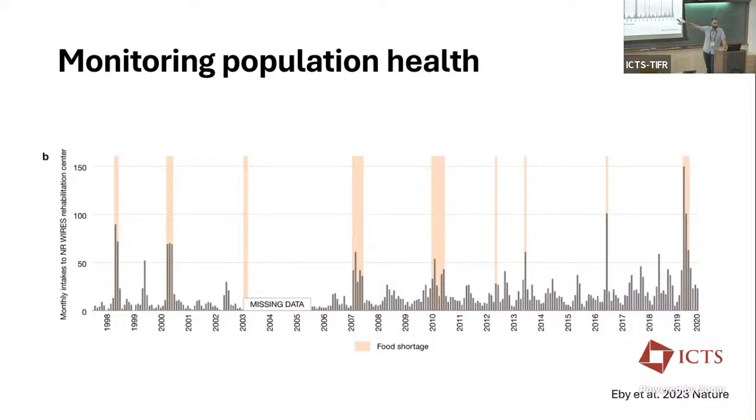In this system, one of the things that they see as a good monitor of stress on a population level is how many bats show up at rehabilitation clinics. They have wildlife rehabilitation clinics, where you see birds with heat stress or something else show up, or with injuries, and they get help with recovery. The number of bats that get taken into a rehabilitation clinic increases a lot during food shortages. So these bats are nutritionally stressed, and they're coming in in wasting condition.